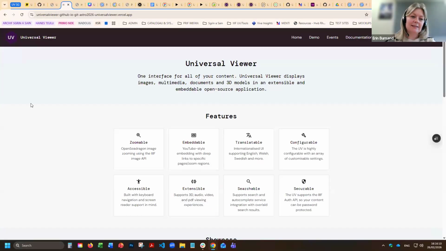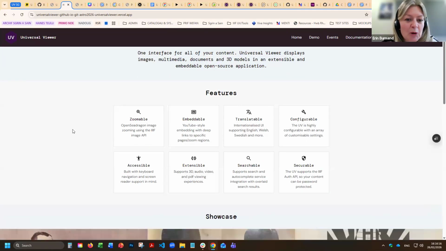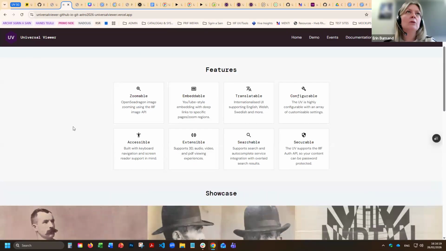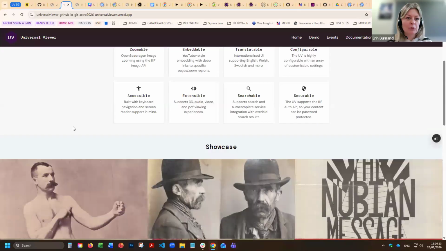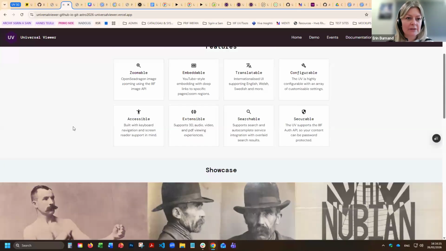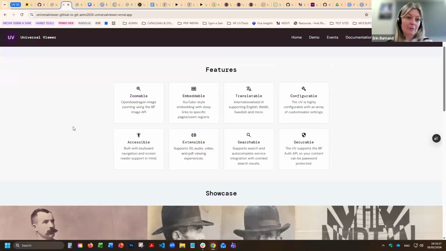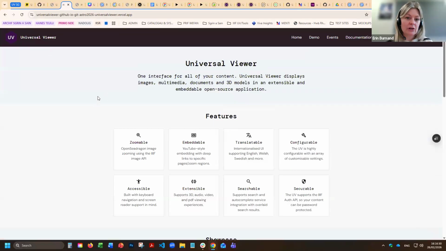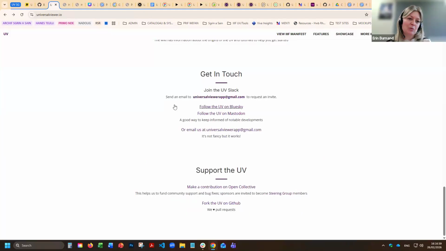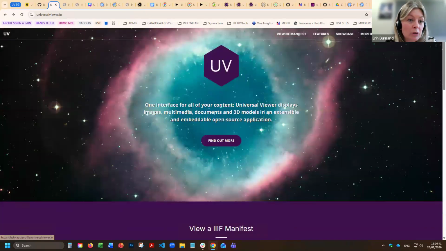So this is our beta website. As you can see, the look and feel is very different. We've changed the typography. We've tried to explain things a lot more, and get rid of that assumption that everyone knows what UV is, everyone knows what IIIF is. So there's a new tagline, which I think is really good, because while the other one was quite snappy, it didn't really say much. This is a lot more the way it should be for people that are new to